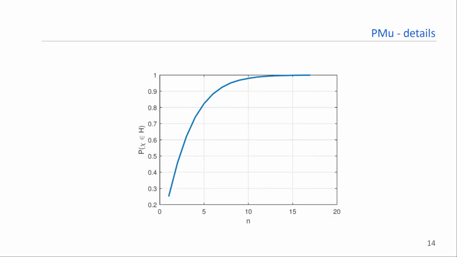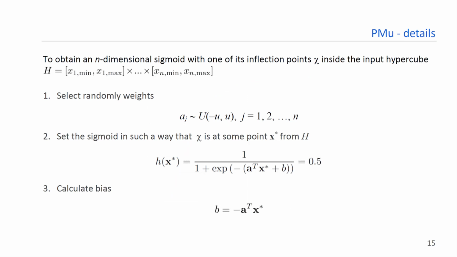Situation improves for the multivariable case when we consider n-dimensional sigmoids. For n equal to 2, almost 46% of sigmoids have their inflection points in the input rectangle. This percentage increases to more than 90% for n larger than 7. To obtain an n-dimensional sigmoid with one of its inflection points chi inside the input hypercube H, first we select